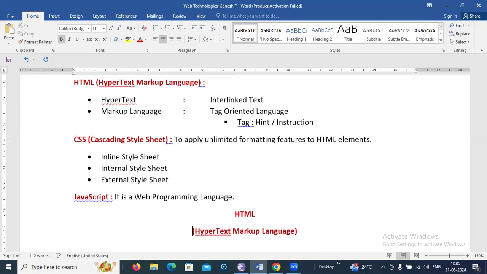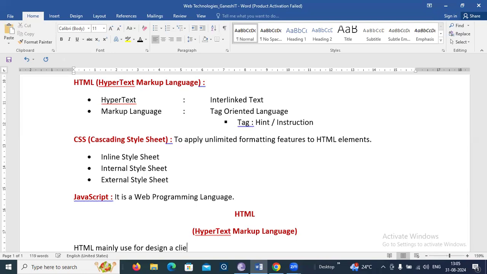Where exactly do we use it? Basically, HTML stands for hypertext markup language, and the main purpose of HTML is to design